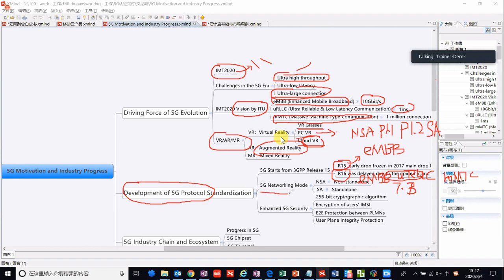And for networking, one is NSA. NSA means non-standalone.